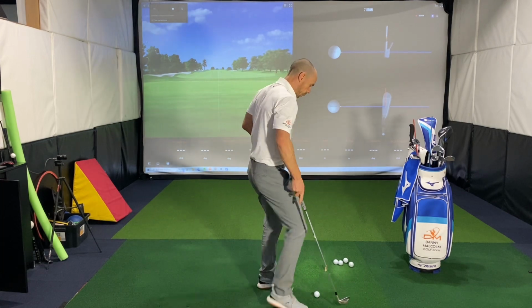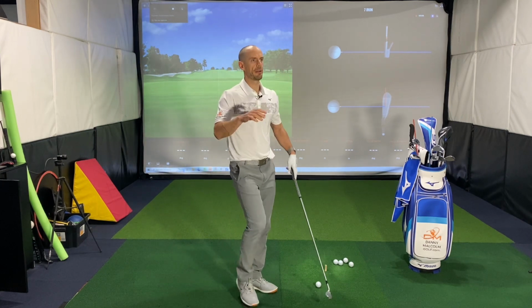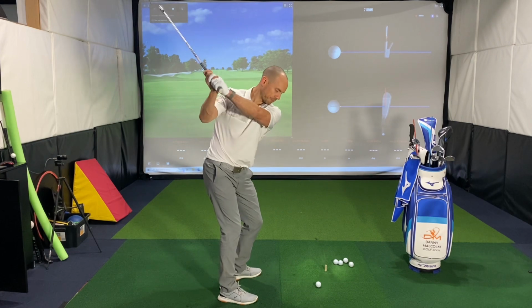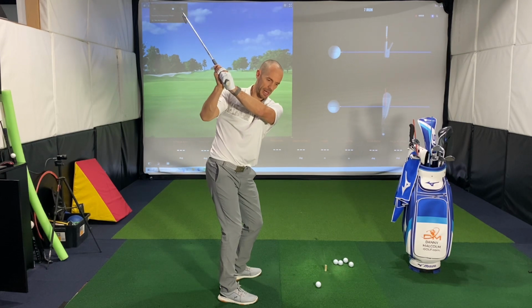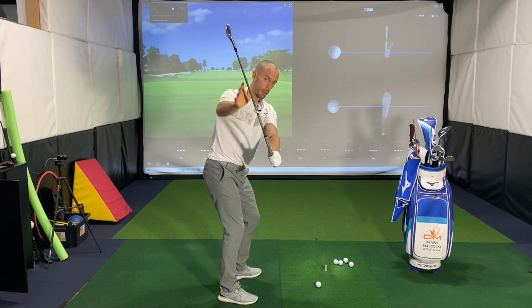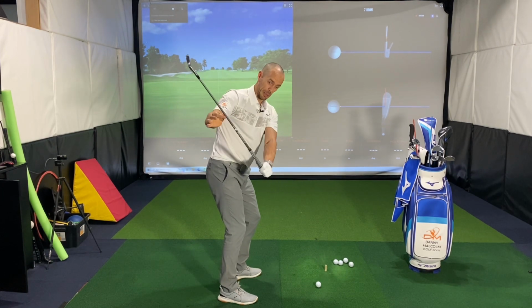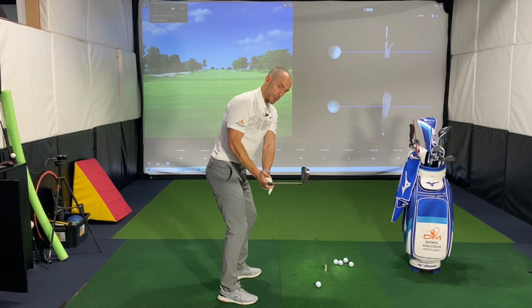So let's talk about it in a little bit more detail. What generally happens is, from the top of the swing here, to get into that good impact position, there are some things that need to be happening before that to incentivize it. What you see a lot of is in the backswing, it might be out of position, the club face might be open at the top, and a player might get a little bit steep. They might throw their hands out in an effort to get the hands ahead of the ball, so the hands start to throw out, the club gets steep, and oftentimes when the club's getting steep or tipped out here, or over the top, whatever term you like to give that,